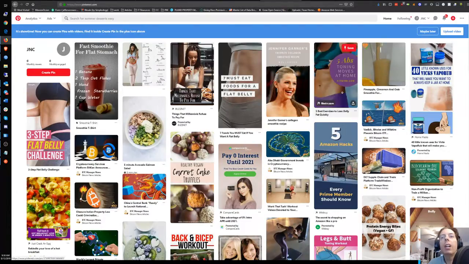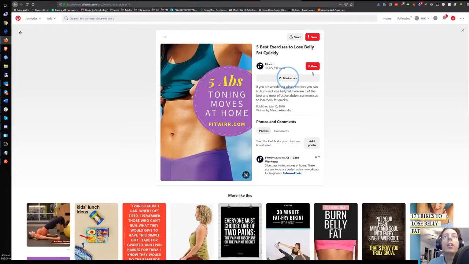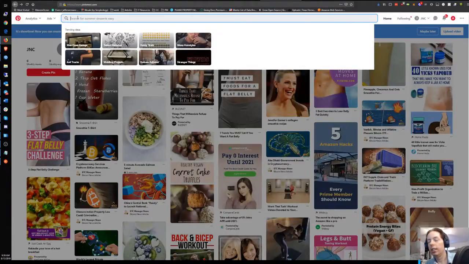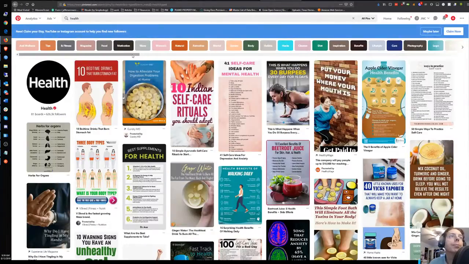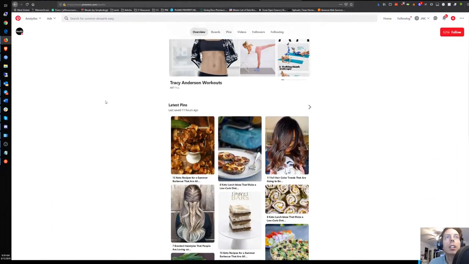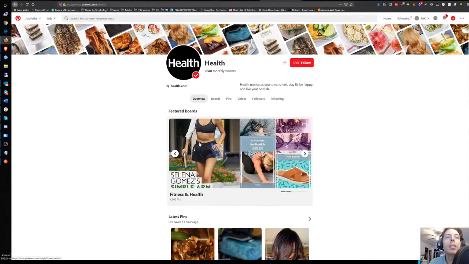So if you go into here, you can join a lot of these different pins, actually. And you can also create your own pins. But then you're able to link. So, for example, let me see if I can find some kind of health group. Like here, let's see this. There are all these different categories here. So let's just say we join on to, I don't know, this one,